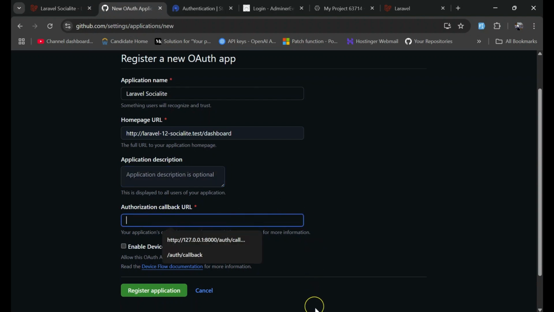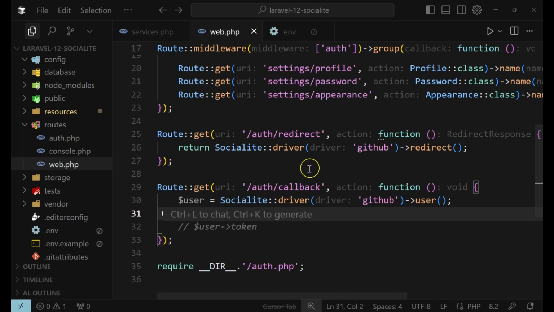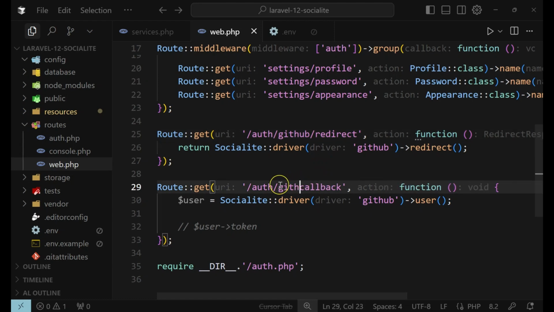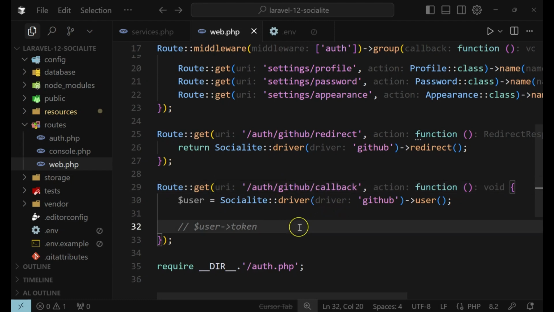So to do so, here I'm going to change one thing. Instead of being auth redirect, I'm going to make it auth, then GitHub redirect, and here it should be auth GitHub, then callback. Okay, so here, after being able to do that, now let's copy this path,